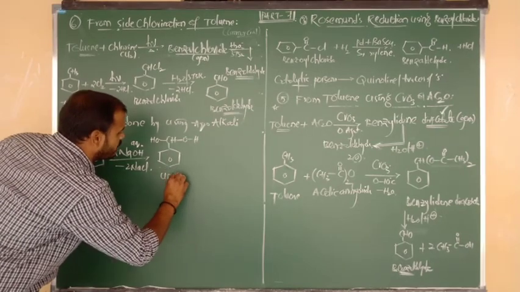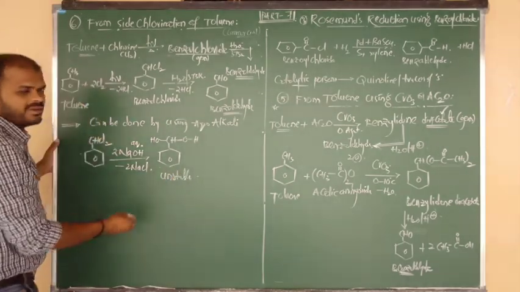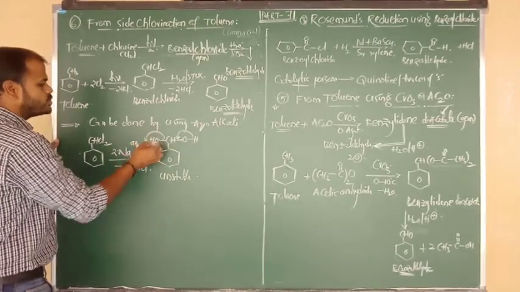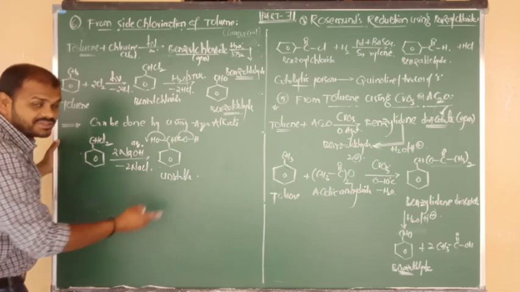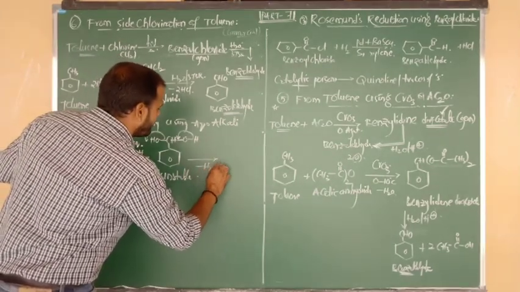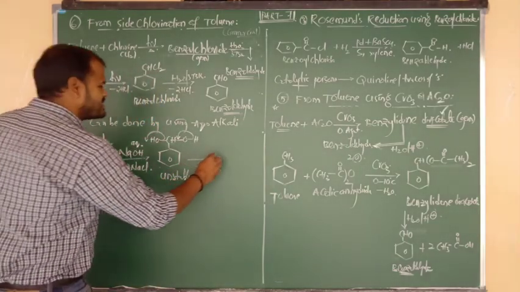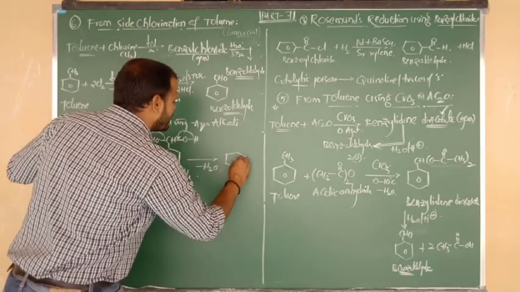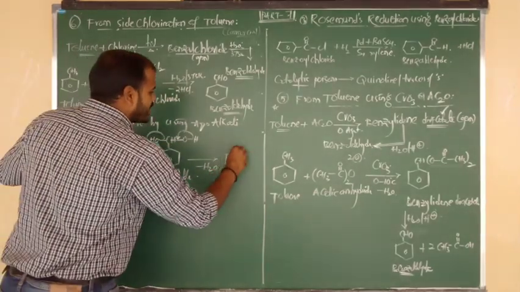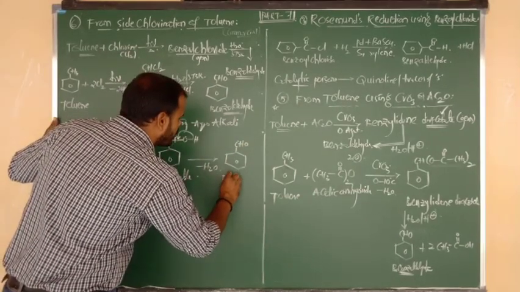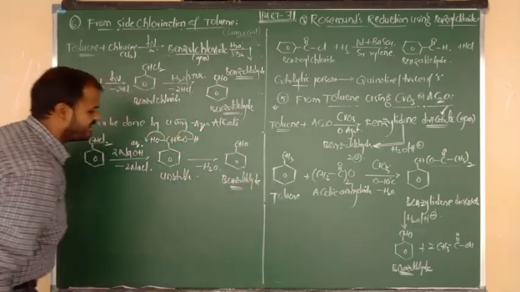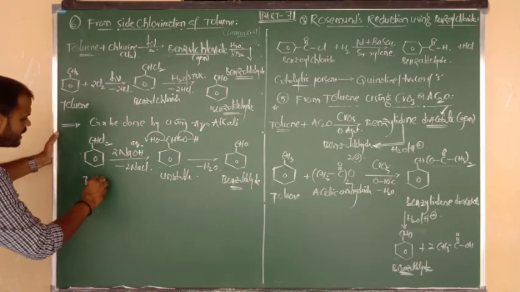So many times I have told you that these forms are unstable. Now here the bond between H and O is delocalized. Again from here I remove the OH minus. OH minus combines with H plus and is simply eliminated in the form of a water molecule. So after the loss of the water molecule, what is your expected product here? Benzene bonded to C double bond O, H, and also we can say simply benzene bonded to CHO, and the compound name is again the same thing, what beta? Benzaldehyde. So what is the name of this reactant? Benzyl chloride.